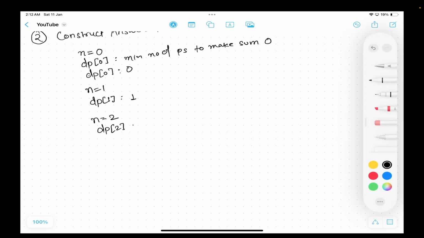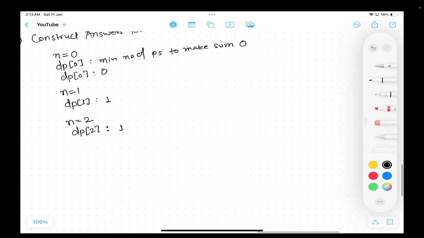How will you make dp of 2, brother? What can you do for dp of 2? What are the possible things? So here you will get the relationship. I will check that if I add 1, how much more do I need? Just by adding 1, you are reducing the problem. And if you just reduce your current state by 1, you have to solve for 1,